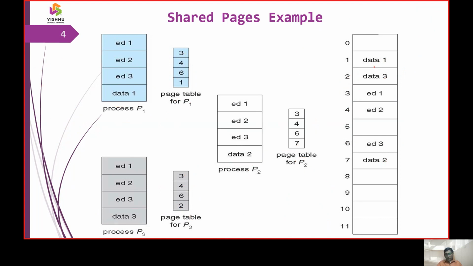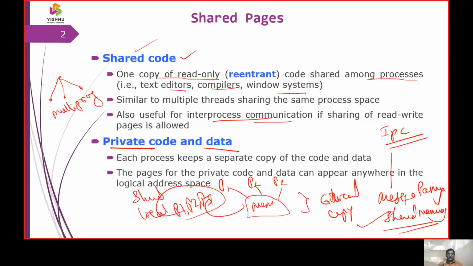Going back to the definition, a shared page or shared code supports a read-only copy where the procedure can be re-executed many times. That is the reason it is called reentrant pages, or shared pages. Multiple processes can concurrently use that item, and thereby they are utilized as shared pages. They support the concept of inter-process communication, where this shared memory is used.